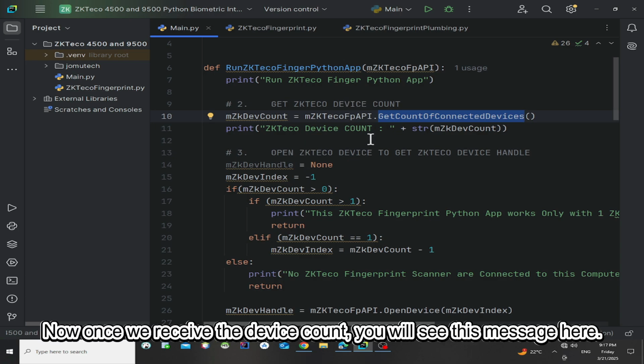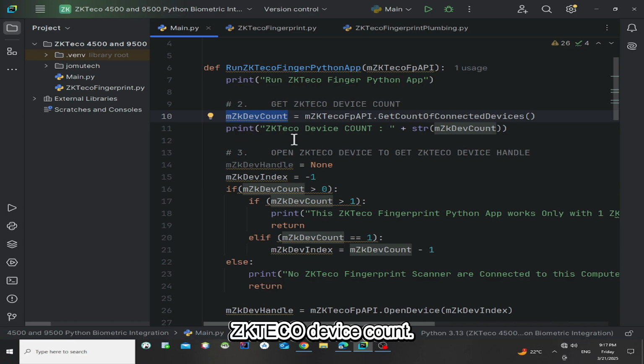Now once we receive the device count, you will see this message here, ZKTecho device count, and then you'll see the value.